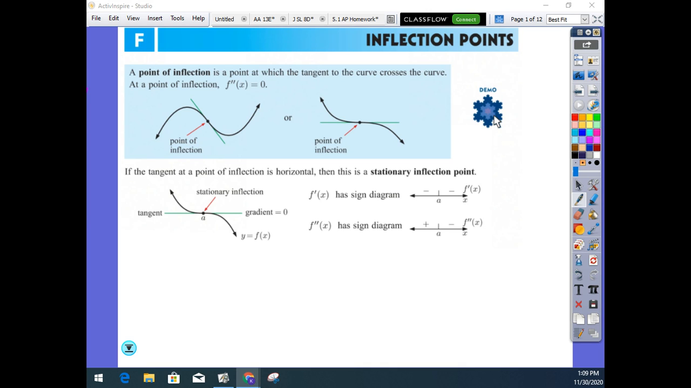So letter F is all about inflection points, where it changes curvature. All right. I do have at the top of this whole page, you can put everything on here that you want. If you want to pause the video,